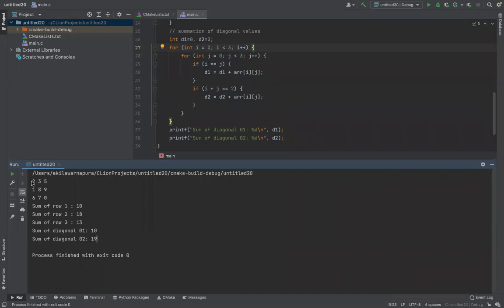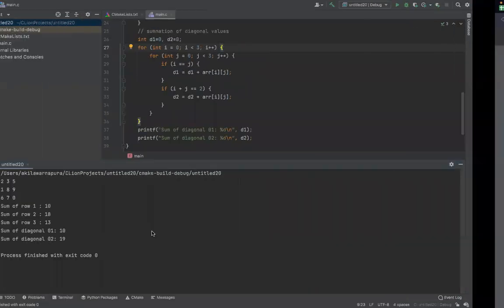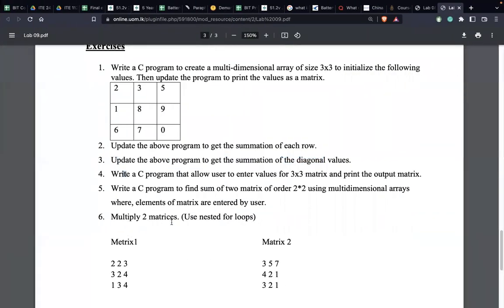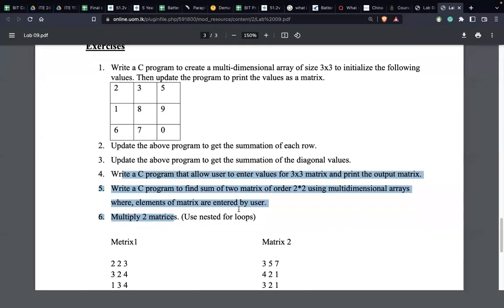Okay, 8 plus 2 is 10. 10 plus 0 is 10. So that is the other diagonal value, diagonal 1 and diagonal 2. Okay, any questions up to here? So this is the diagonal. You have to try the other three questions, because the time is up. Now it is